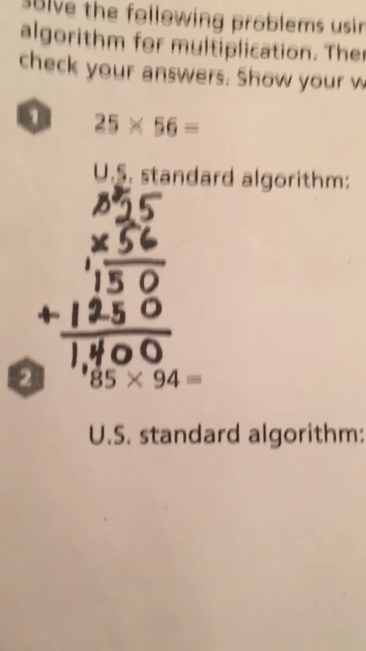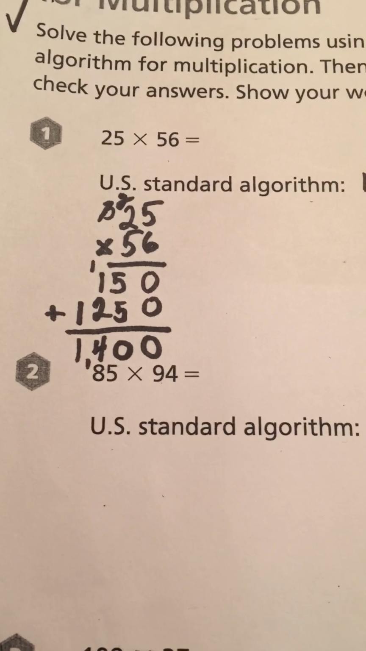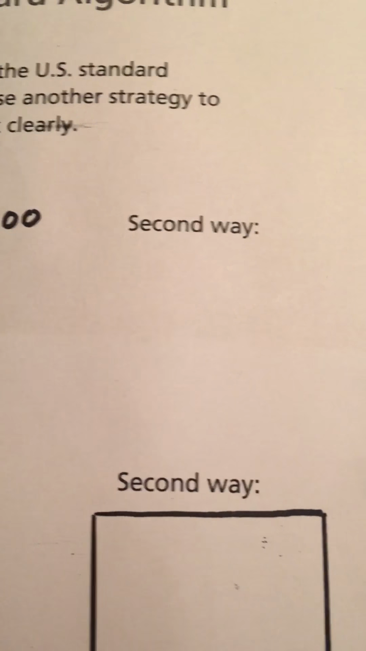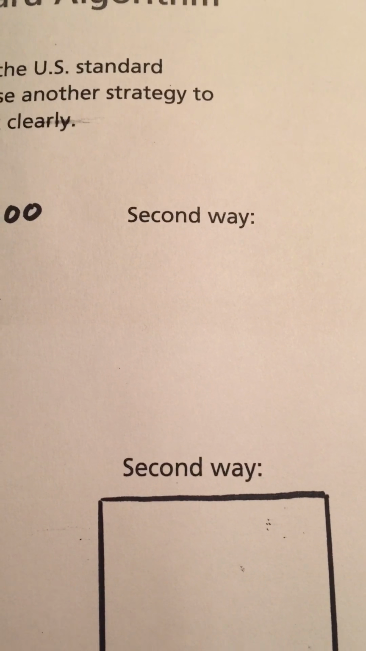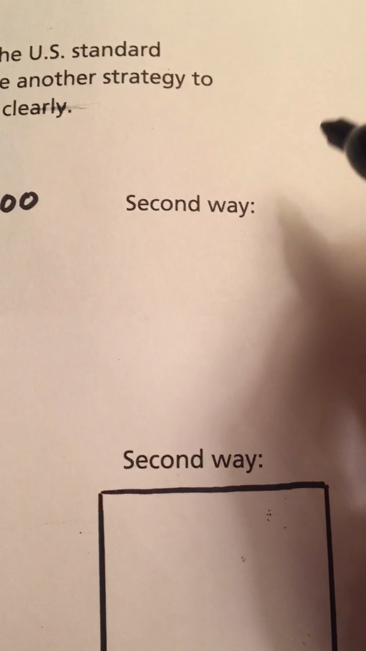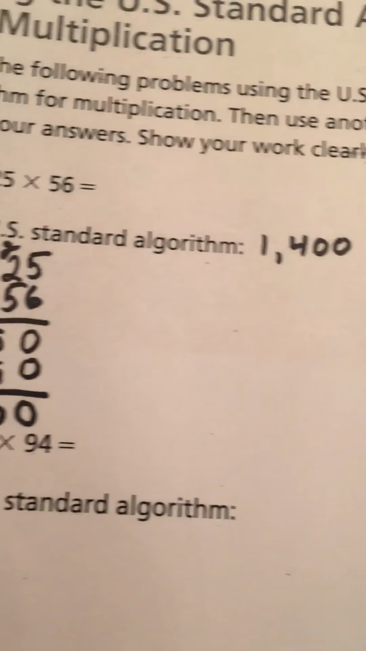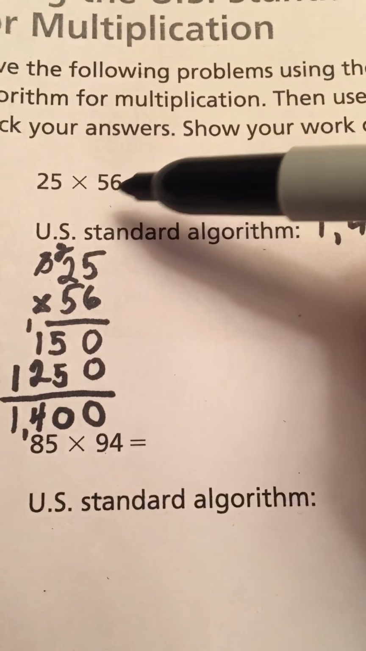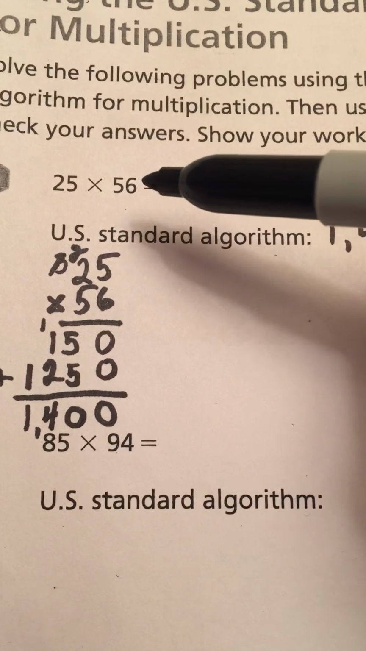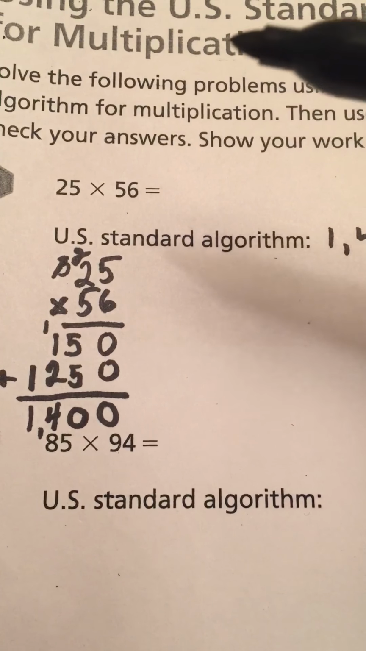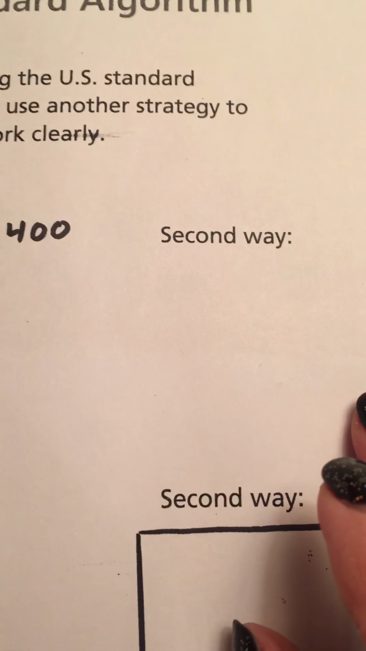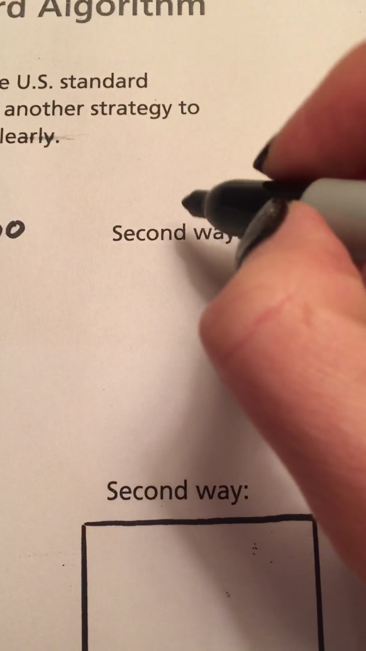Now I'm going to think about how I can solve this problem using another alternative strategy. Okay, the second way we're going to solve this problem is I'm going to use the rounding method, where I'm going to think about an easier way to write one of these numbers, just to make it easier to solve. 25 is a pretty easy number to multiply with, so I think I'm going to change or round the 56. And I think I'm going to round it up to 60,